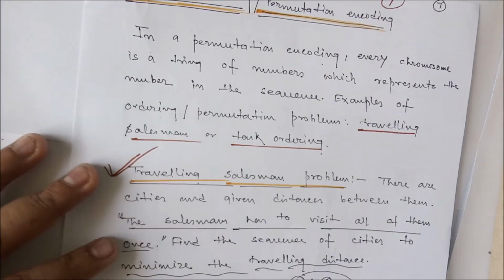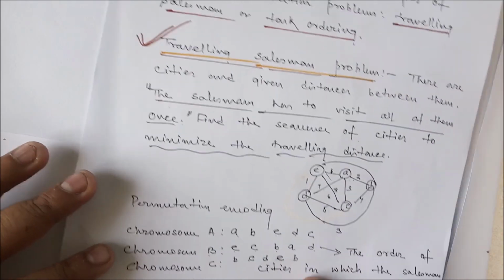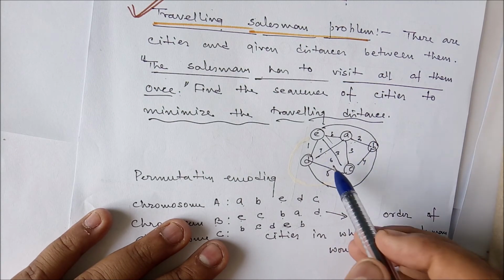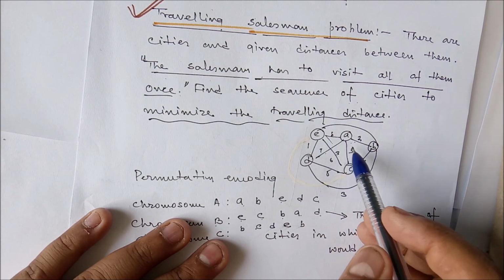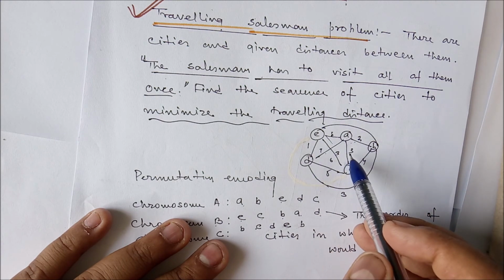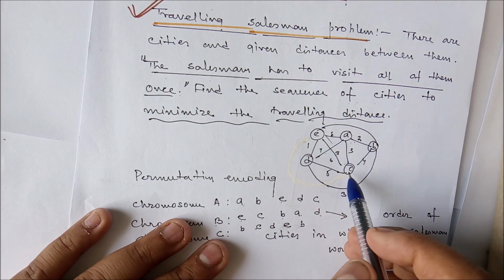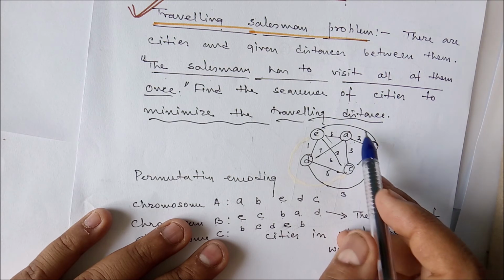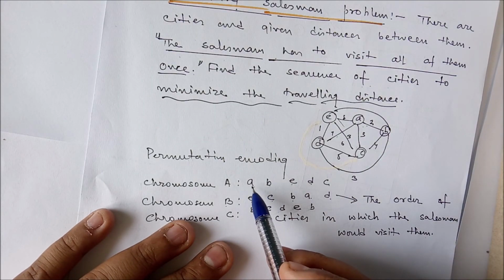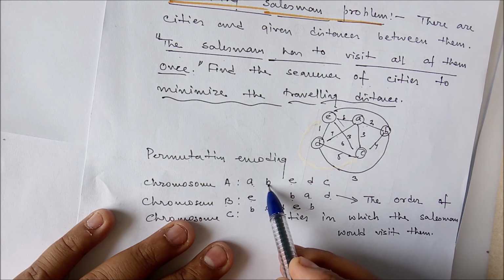वेटिंग। तो उसी तरह से ऑर्डर्ड है और परमुटेशन इनकोडिंग है। इसमें क्या है, हम लोग ट्रैवलिंग सेल्समैन देखे थे। तो इसमें ट्रैवलिंग सेल्समैन प्रॉब्लम में क्या है कि हम लोग के पास 5 सिटीज़ है ABCDE, और वो सेल्समैन जो है कोई एक सिटी एक ही बार जा सकते हैं, और हम लोग का ऑब्जेक्टिव है कि हम लोग को किस तरह से सिटी को विजिट करेंगे जिसमें हम लोग को मिनिमम डिस्टेंस ट्रेवल करना पड़े। तो हो सके कि सेल्समैन पहले A से स्टार्ट करे, फिर B में जाए,